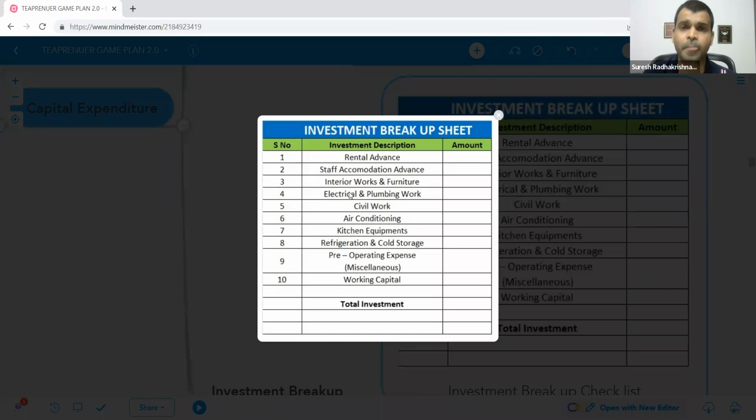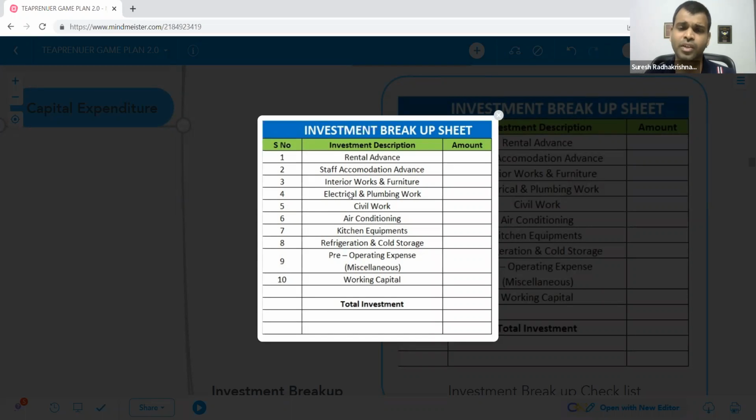Kitchen equipments, right? In this, I'm going to share this 3 lakh budget sheet, which you will receive if you complete all the exercises post 5 sessions, where I have given you a complete budget plan. It's a 3 lakh budget plan tea outlet, where you'll have the complete budget with the breakup for all the items. So get that. Go to a kitchen manufacturer or a wholesaler. Get the quote.